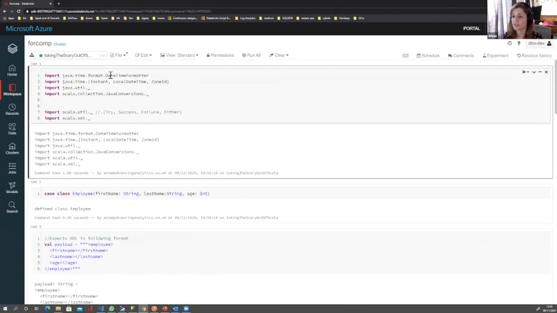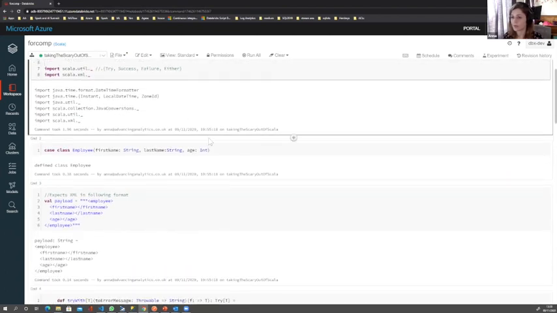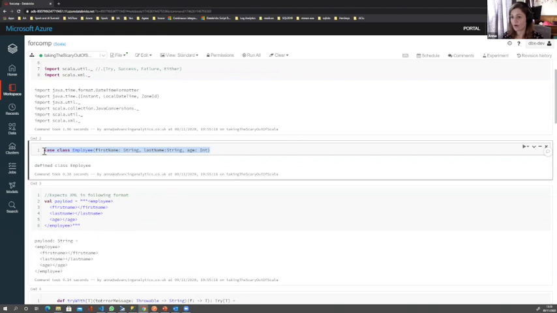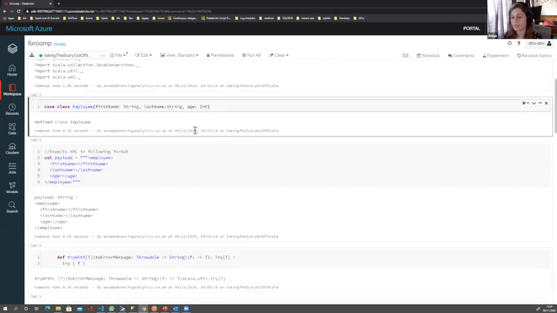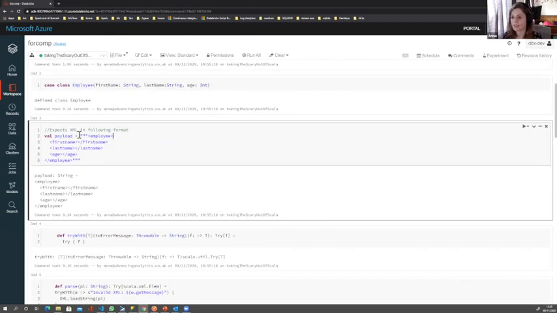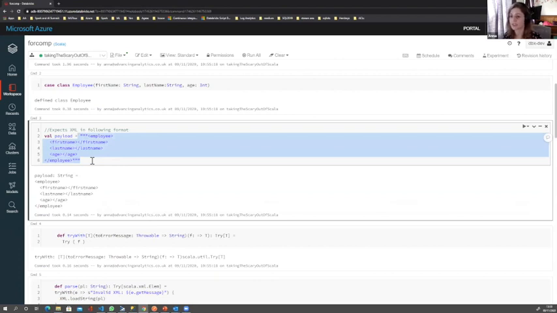So you don't have to worry about all of this. This is just me importing a load of packages that I want to work with. We've got our employee case class again. This time we've added an age, but essentially it's the same concept. We're saying this is a load of XMLs that I'm going to feed in, and I want you to spit out the JSON. So this is, once again, as I mentioned earlier, what I've taken out of my day job that I've simplified, and I'm just illustrating this to you here to nicely show you how a monad can be utilised and how it works.